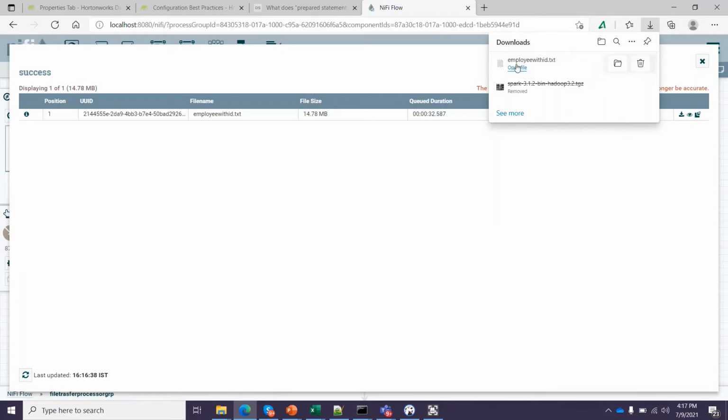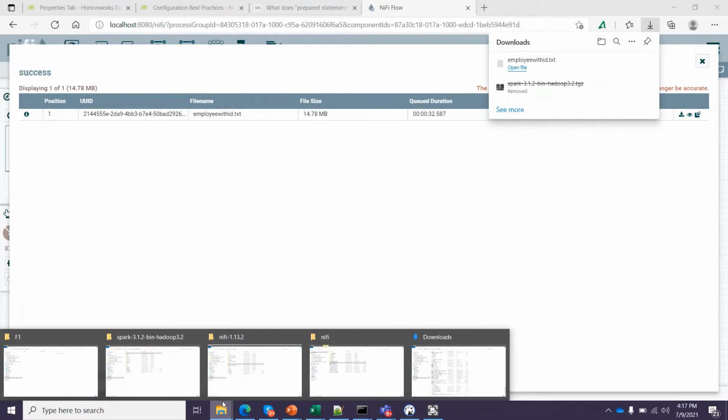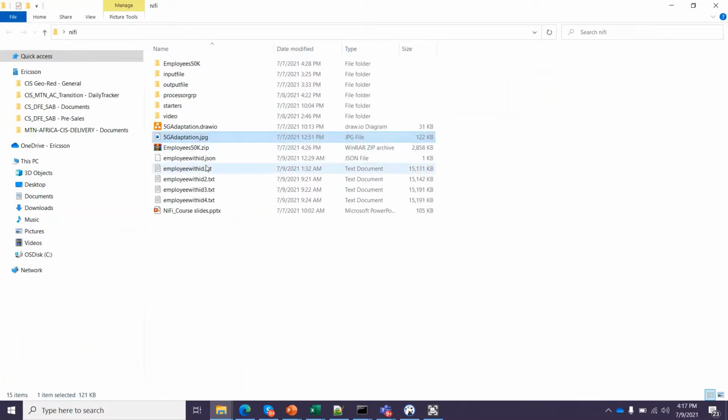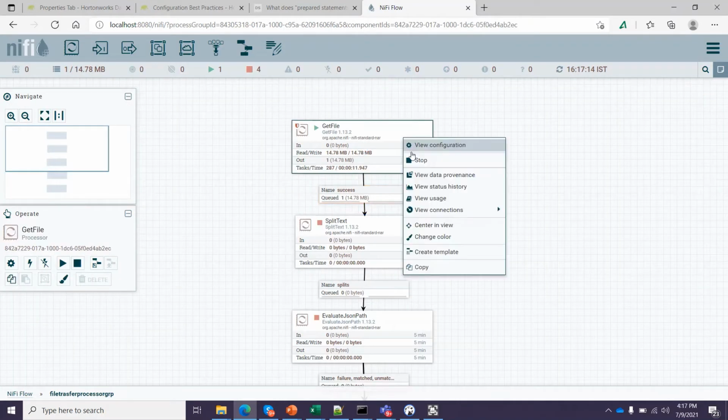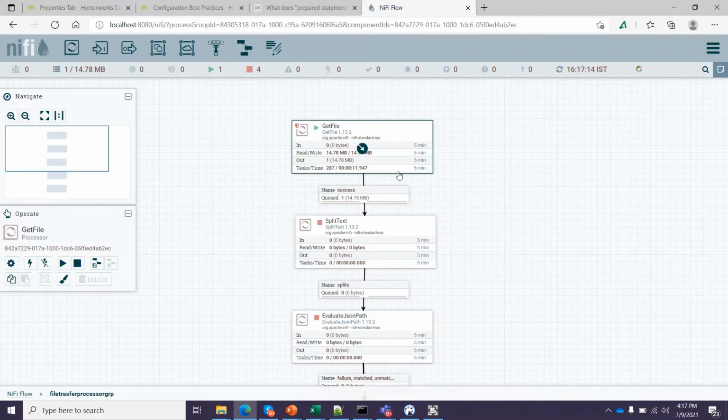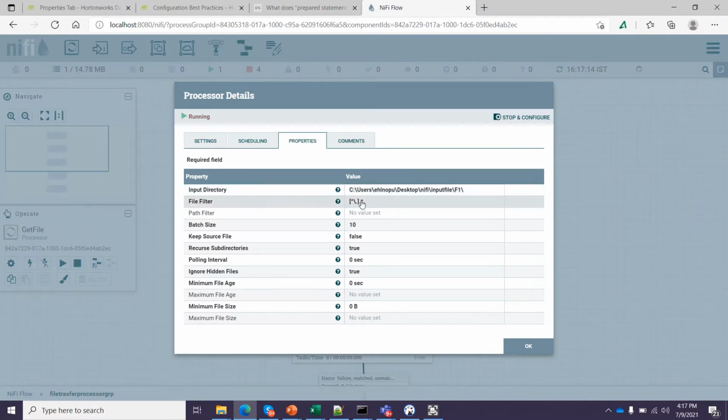If you see the file, it's employee with ID text. And let me show you the file which I pasted, employee with id.txt. You can name it JSON or whatever you want, because I didn't mention any criteria in picking up the file. I didn't use any file filter.